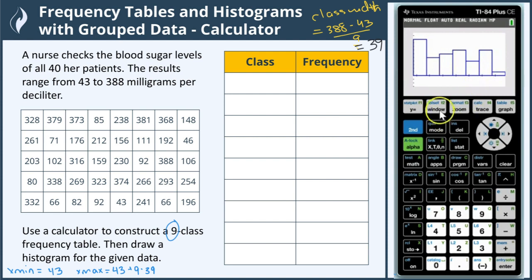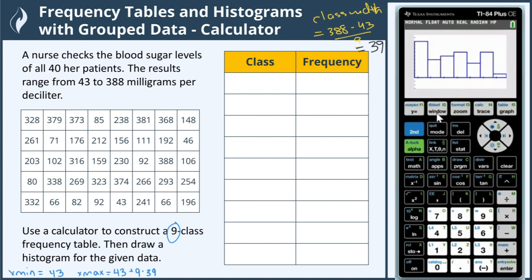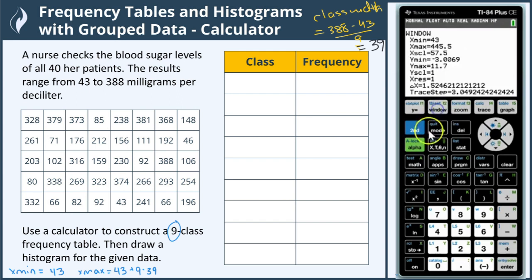Now, this does not have the amount of classes that I want. So we have to change that, right? So we're going to go to our window now. This is where this is going to come into play. I need 9 classes and my graph did not have that. So you see how in window you have X min, X max, and